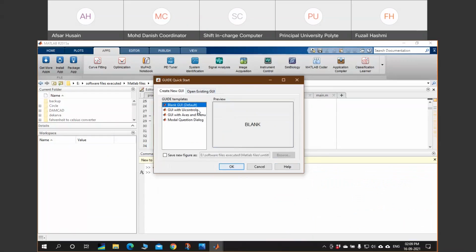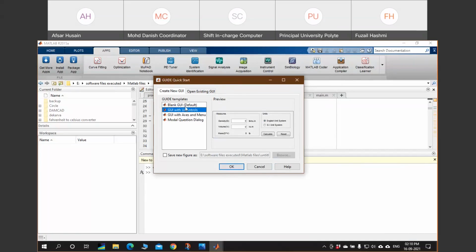On that graphical user interface, you have to put all of the buttons, pop-up menus, and various features. So this is like building an application from scratch. Second is the graphical user interface with UI controls.